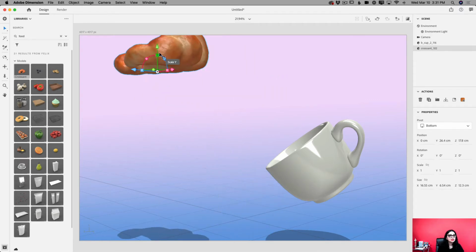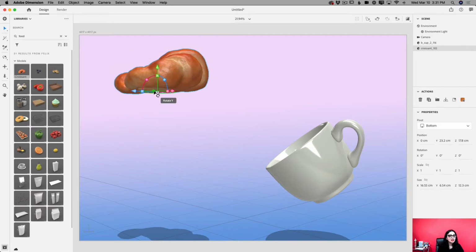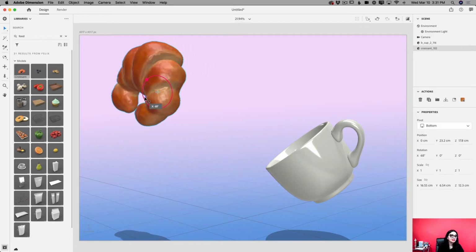Maybe a little bit like this. I will rotate it. Perfect. This is exactly as I wanted my croissant to look. But also, before we talk about materials and everything else, I would like to bring a few more models into